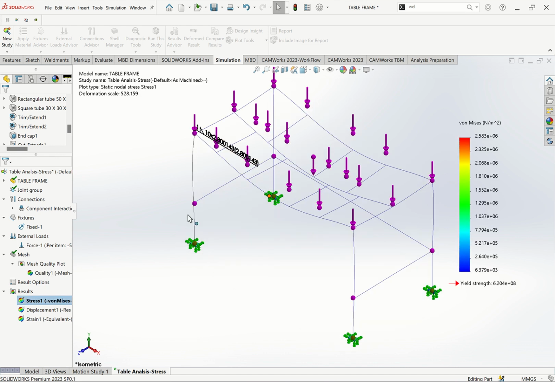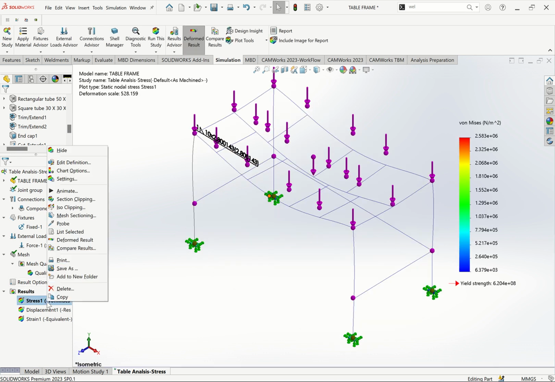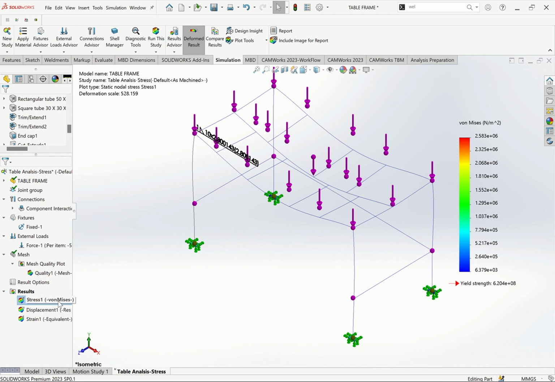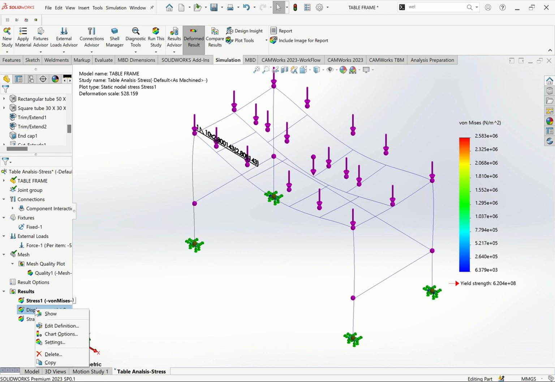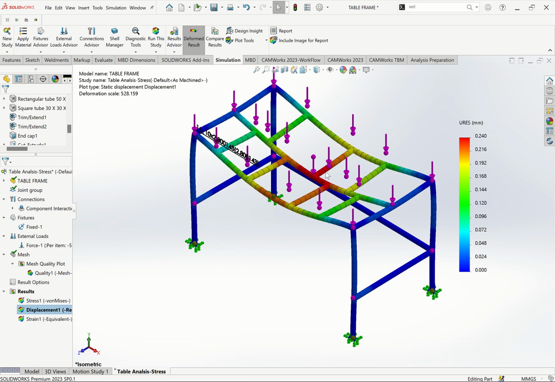So this one will guide me. I will know where the weak points are. Can come here using von Mises. You see this is the von Mises source. Can come here, then we go to displacement. Show displacement. You can see these are the more affected areas. You see now the weak point has shifted to this region. So what I can do, maybe also I can say,